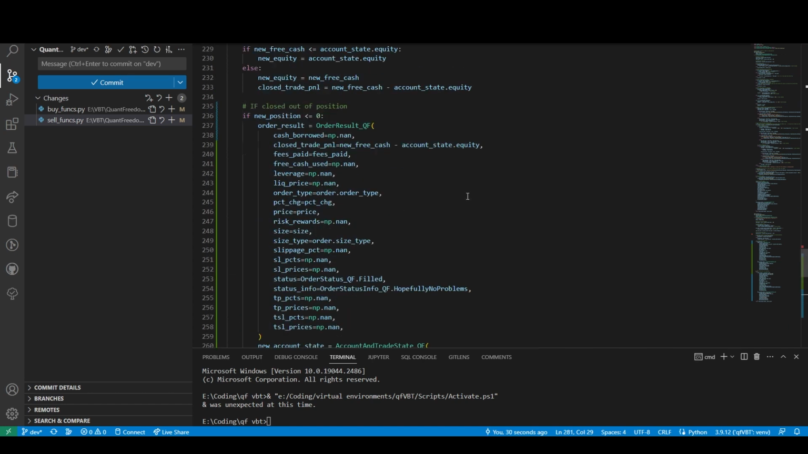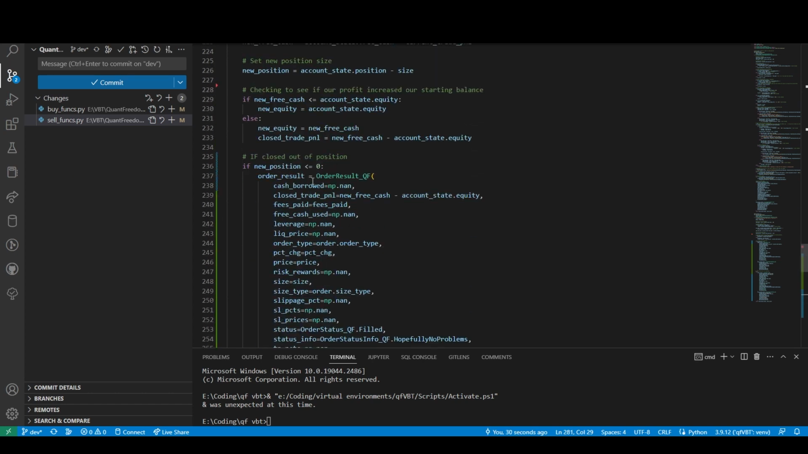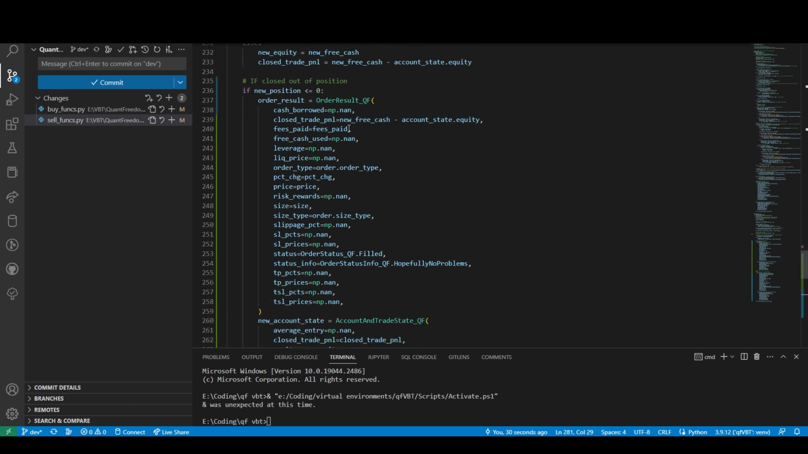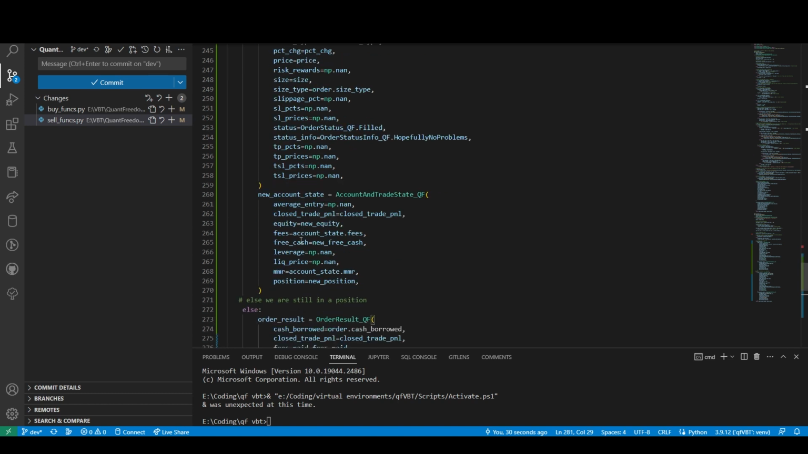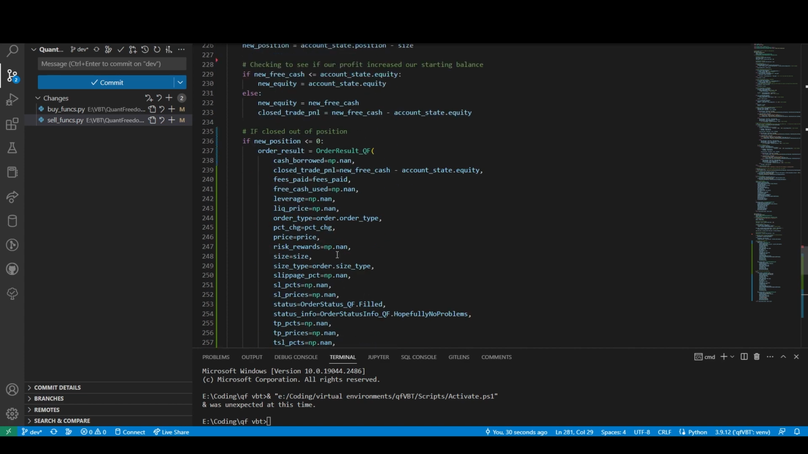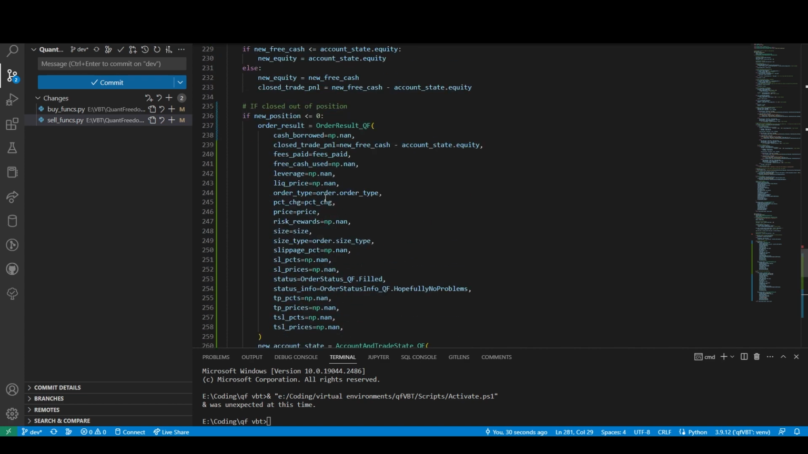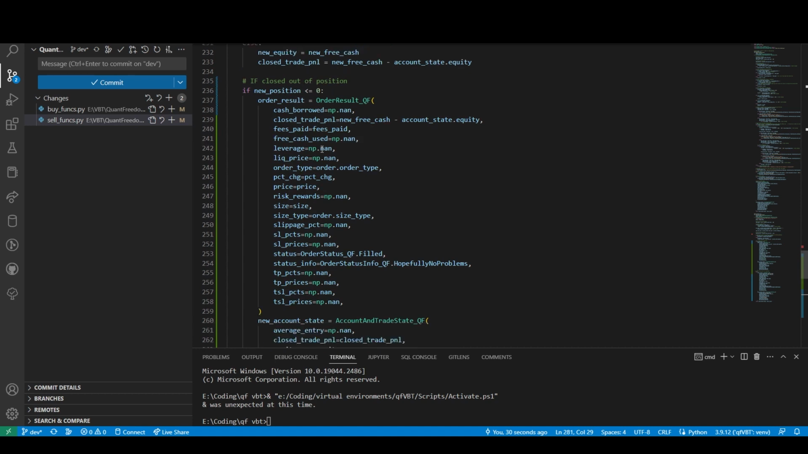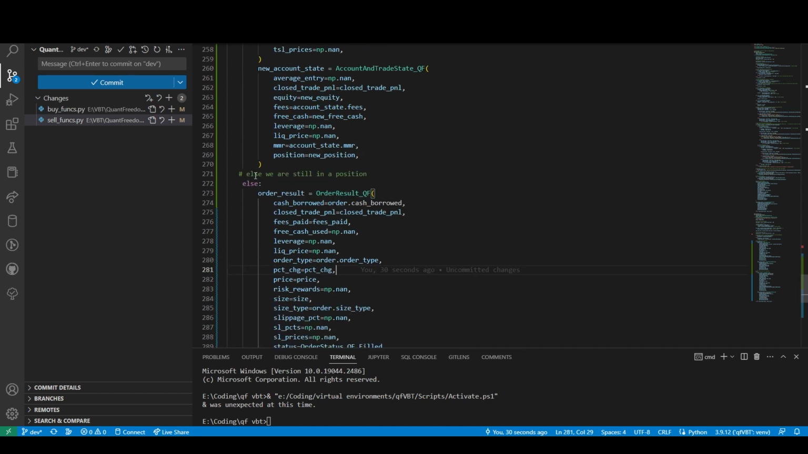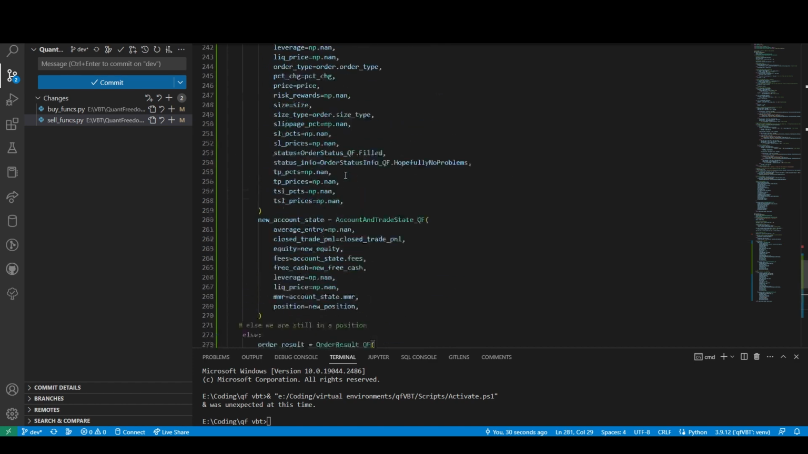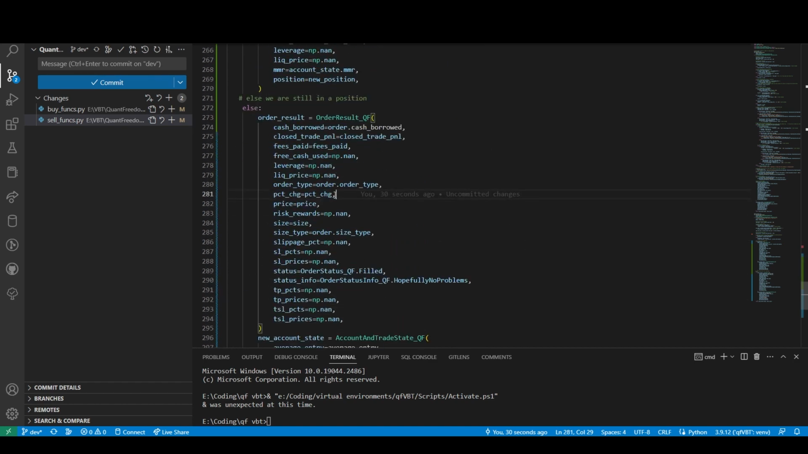So now I'm setting up this. If we are not in a position anymore, then you set all of the stuff to nan and you reset everything. Your position equals new position. Your position equals new position. And so that's if you close out of the trade. And here, else we are still in a position. And then now I have to go through and